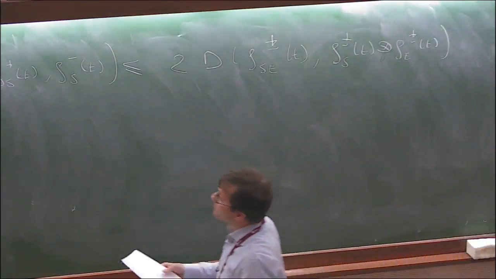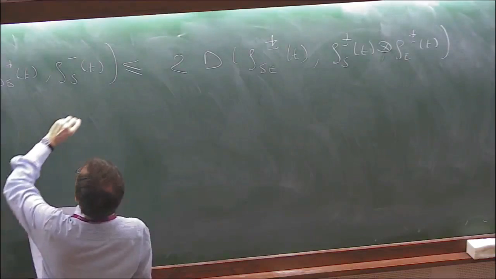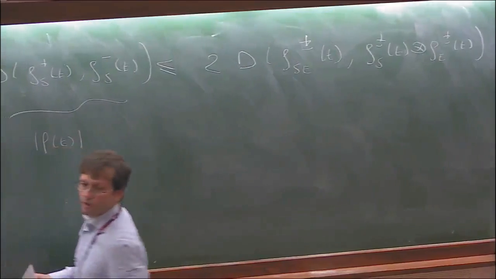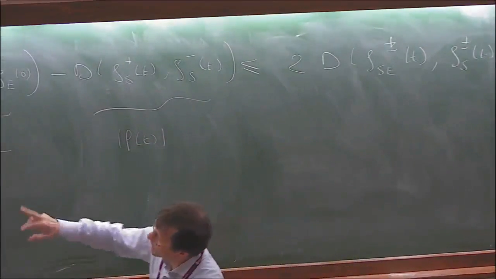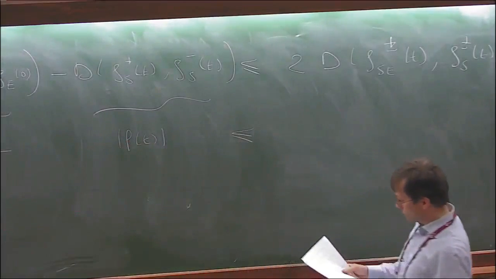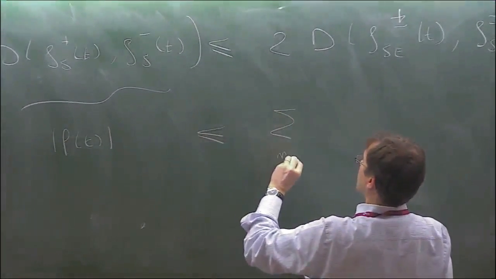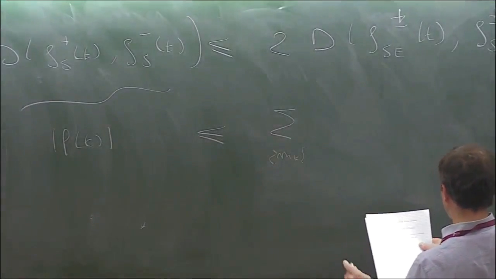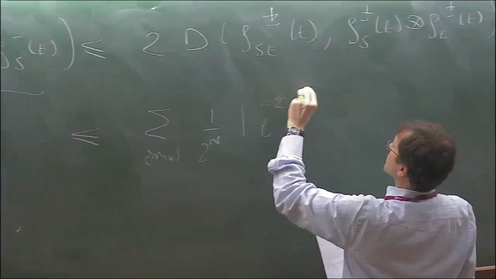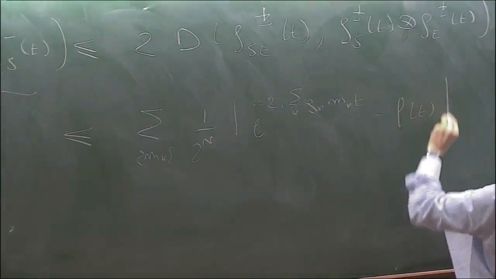And now one is able to evaluate these quantities. This is simply equal to 1. This is simply equal to the modulus of f of t. So you have 1 minus the modulus of f of t, and the modulus of f of t has to be less than 1. So this is already the modulus of the difference of the quantities. And this then turns out to be simply the triangular inequality, because on the right-hand side, we have the sum over these possible configurational values of 1 over 2 to the n modulus of e minus y sum over jk and kt minus f of t.